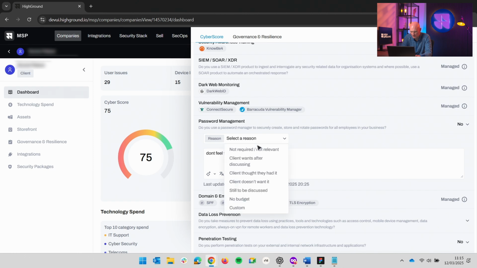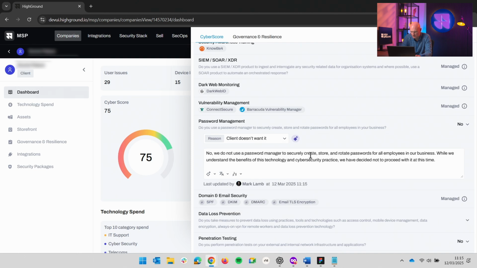We can automatically select a reason, for example, client doesn't want it, and we'll automatically generate an answer for you here, and then you can just edit this yourself. So we've said here that the client has said that they understand the benefits of this, but they've decided not to proceed at this time. So this is, on a very basic level, simple risk management with the client,